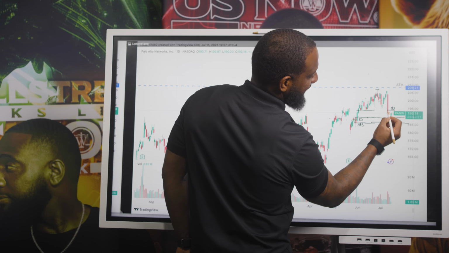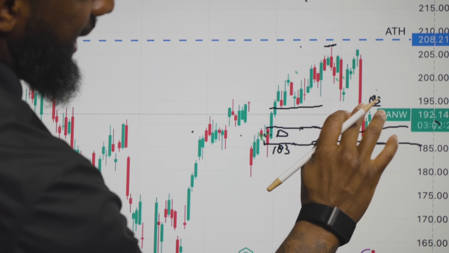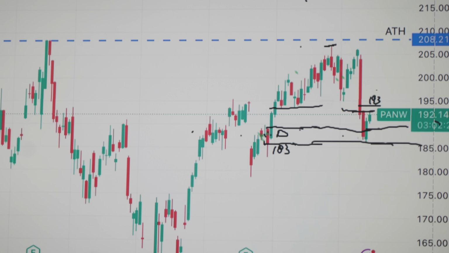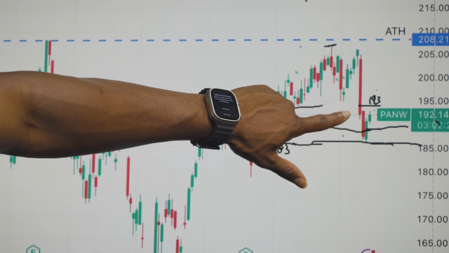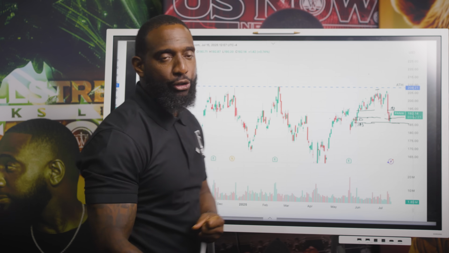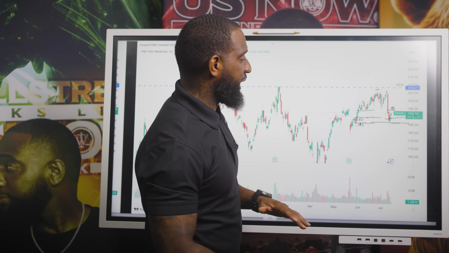I want it to overtake this red candle right here at almost 193. So it's like 192.70 something, right? Why does that make sense to me, Trap? Because now I can say it is overtaking these sellers, which means the buyers are now stepping back in. Remember, this game is always a dialogue between buyers and a dialogue between sellers. It's a fight between fear and a fight between greed. And if we can understand that, that will truly change the game for us.